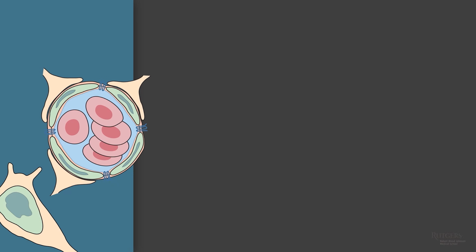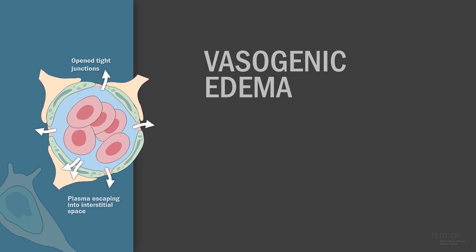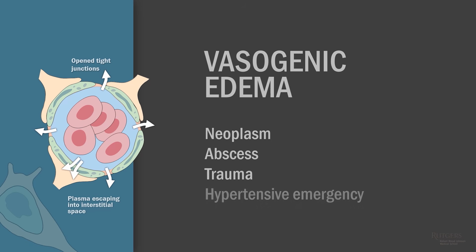Now imagine that instead of energy failure, the integrity of the neurovascular unit is compromised. The tight junctions become leaky, allowing the plasma to escape into the interstitial space. This type of edema is called vasogenic, as in poor vessel integrity. This happens with neoplasms and cerebral abscesses, which secrete substances that increase blood-brain permeability, brain trauma, which can cause mechanical disruption, and even very high blood pressure that can overwhelm the neurovascular unit's ability to regulate fluid flow across the capillary